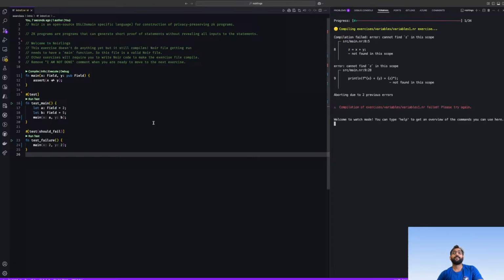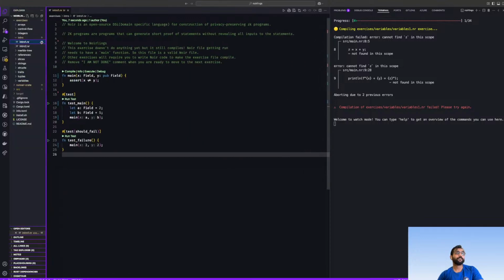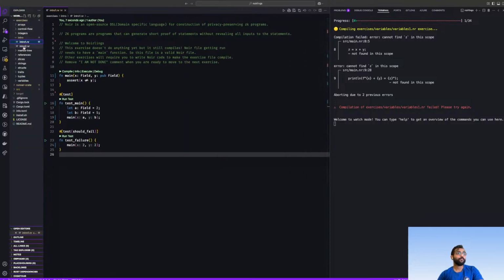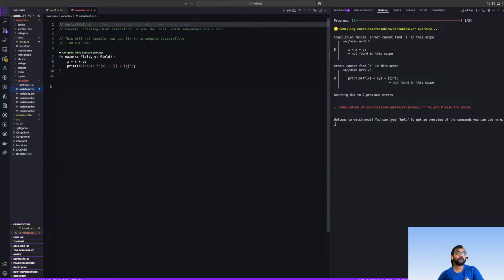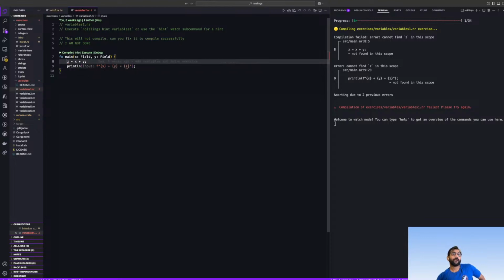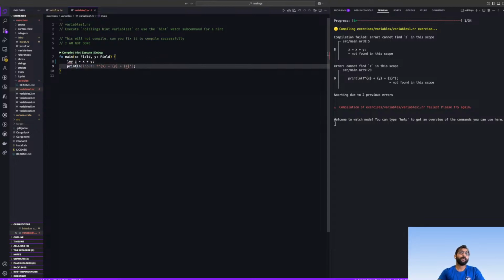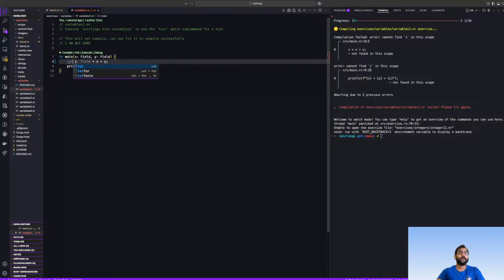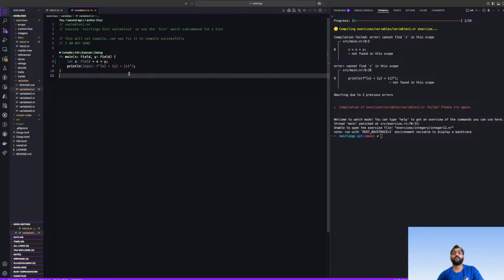Now we go to the variables one file. I'll just make this smaller. We also have a readme, but right now there is nothing in it. What it is saying is that this will not compile. Can you fix it to compile successfully? So we see fn main, it is z, x and y. I see the variable declaration is not done. So if we do let z, and just save it,